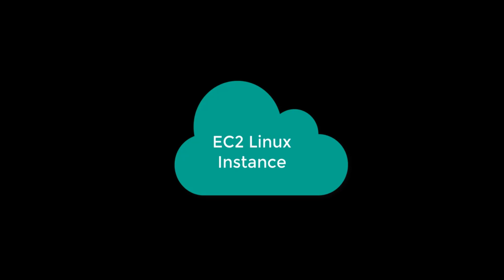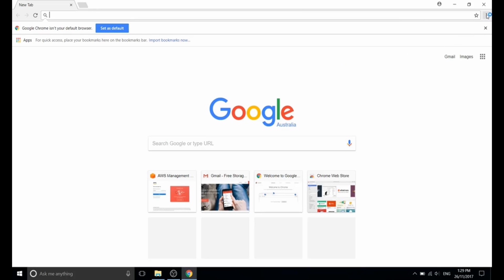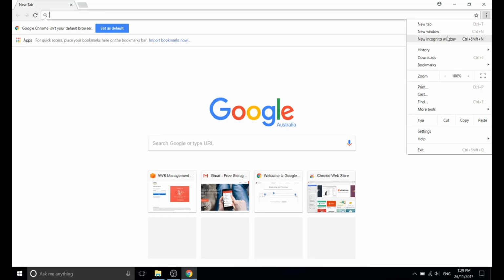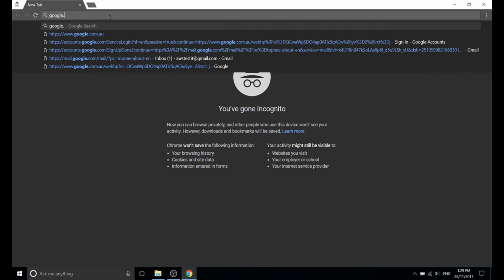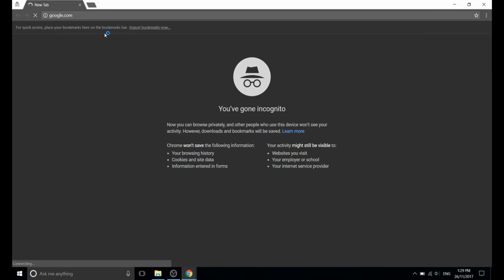So after we got the AWS account, we can create our EC2 Linux instance. I also will show you how you can use Putty to SSH connect to your instance after we create it. Okay, now let's begin. Go to Google,